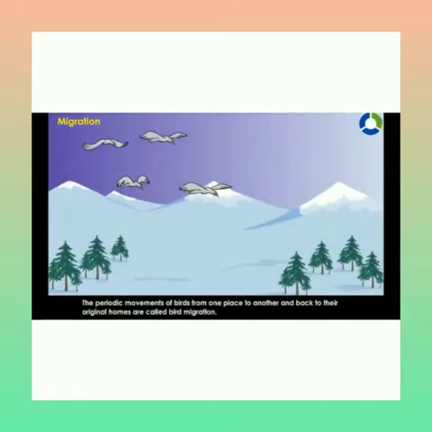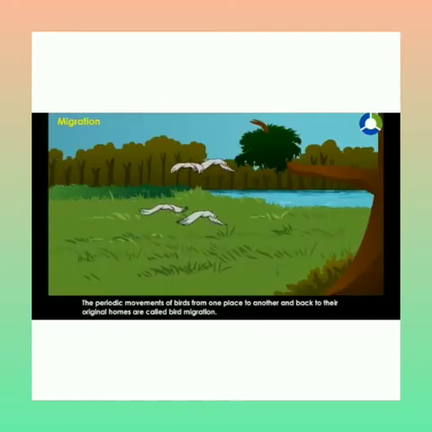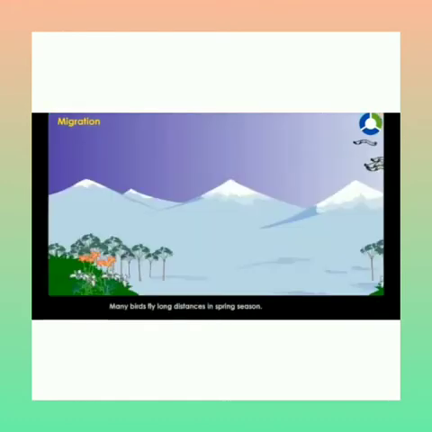Migration. The periodic movements of a bird from one place to another and back to their original homes are called bird migration. Many birds fly long distances in spring season.